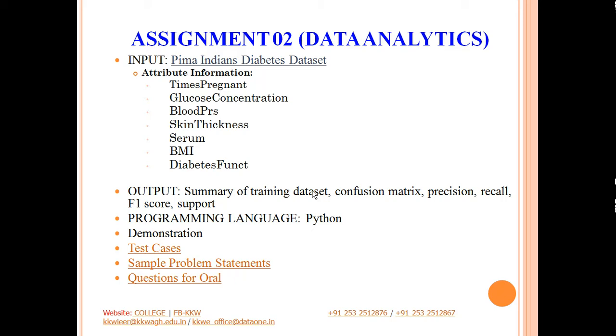For that we will use the confusion matrix, and performance measures: precision, recall, F1 score and support. You will see all these things as your output. Then for the programming language for this assignment, let us use Python. Now let us go to the demo.